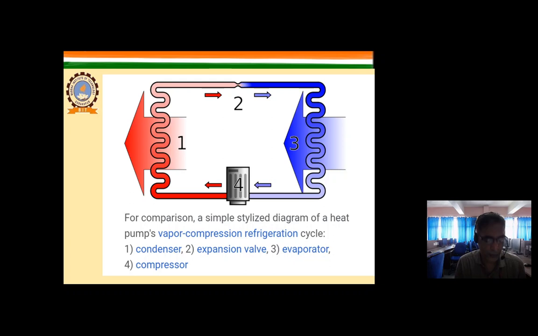The superheated vapor travels to the condenser, which first cools and removes the superheat and then condenses the vapor into liquid, releasing additional heat at constant pressure and temperature. The liquid refrigerant goes through the expansion valve, also called a throttle valve, where its pressure decreases, causing flash evaporation and auto refrigeration of typically a small portion of the liquid. That results in a mixture of liquid and vapor at lower temperature and pressure.